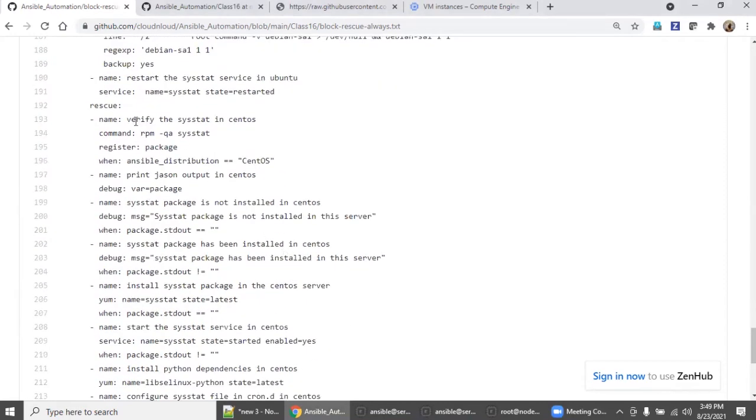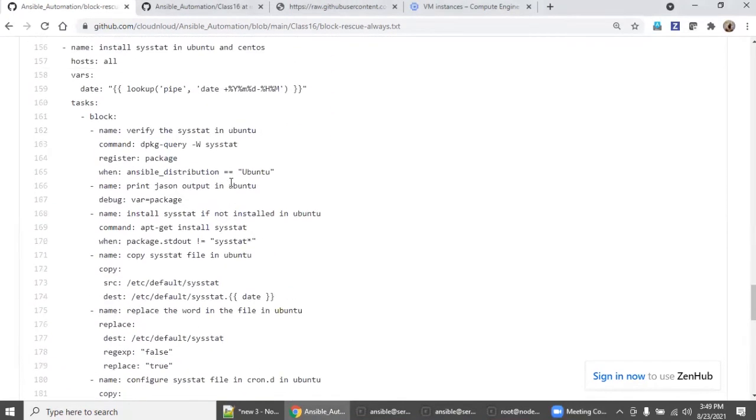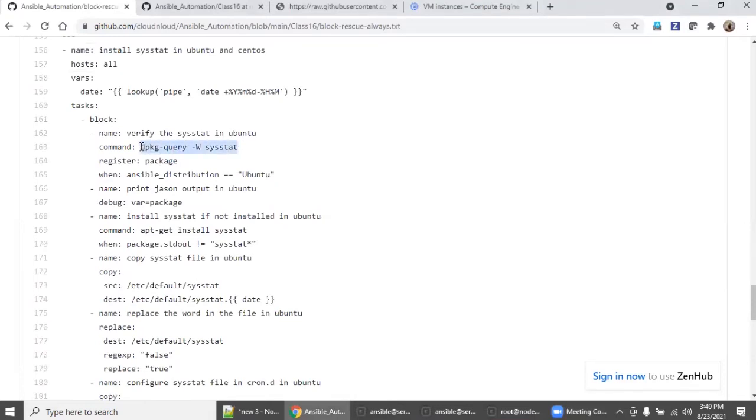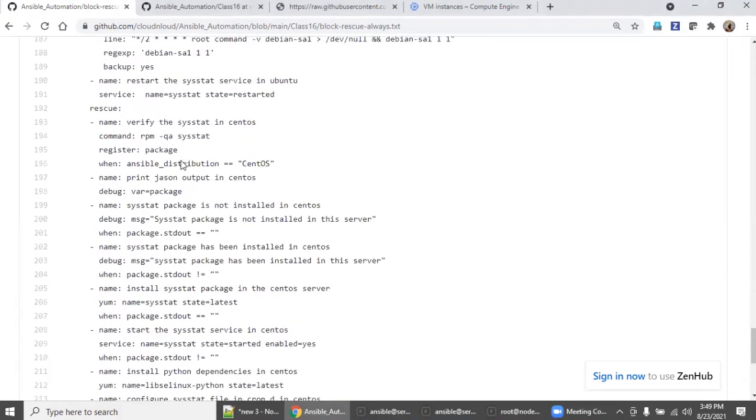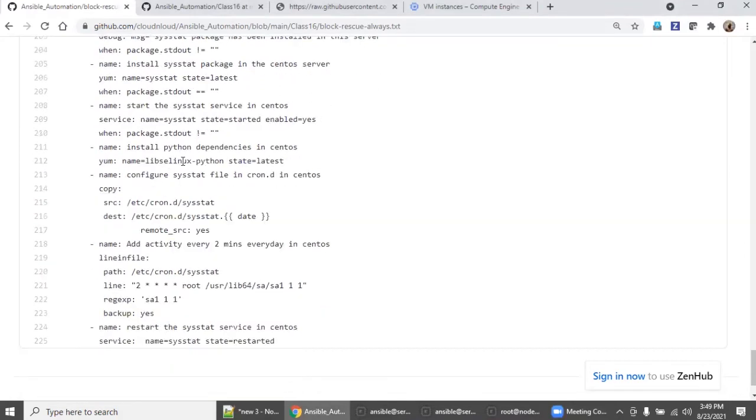These are the exact same steps you want to do on the CentOS set of servers, right? So in CentOS also you are doing the same, but see here, there is a catch. This is the logic you need to define as the first play, in both block as well as rescue, and always, if you want, you can add it also, right?